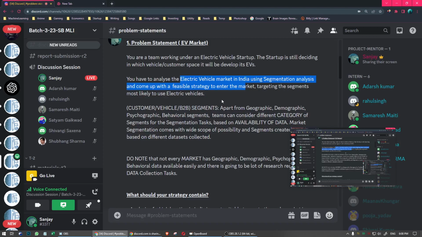What type of EV vehicles will sell the most? What income group will use the EV vehicles? So all those answers, all those questions you have to come up with. You have to try to collect different data sets, and you have to analyze each